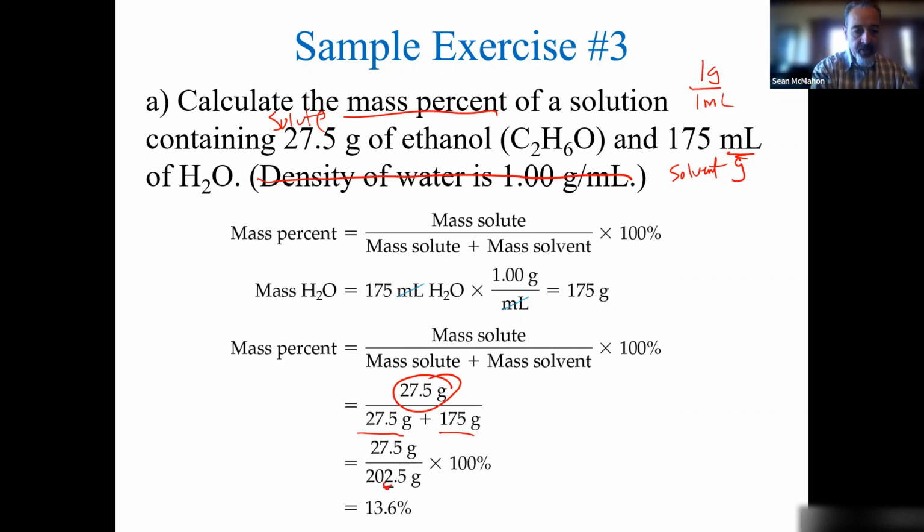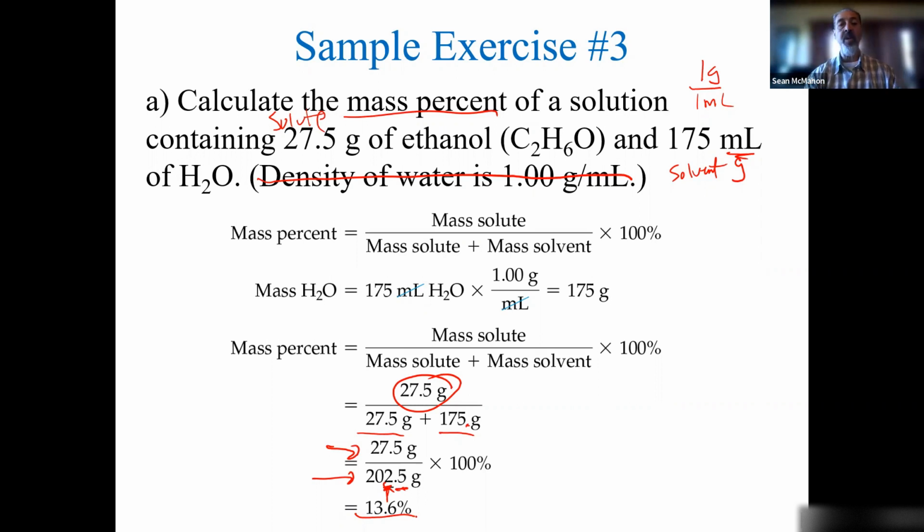The reason why I'm underlining the 2 is because the 175 only goes to the 1's place, so this goes to the 1's place. So really, this is 3 sig figs on the bottom. I'm just trying to reduce round off error with that 0.5 there. And then the top has 3 sig figs. So 27.5 divided by 202.5 times 100. When I take into account 3 sig figs, it gives me an answer of 13.6% alcohol, which is equivalent to,